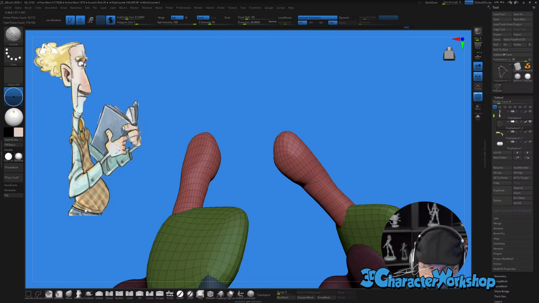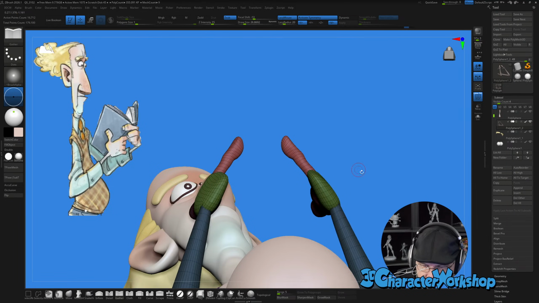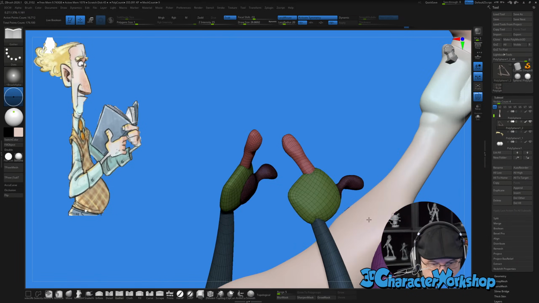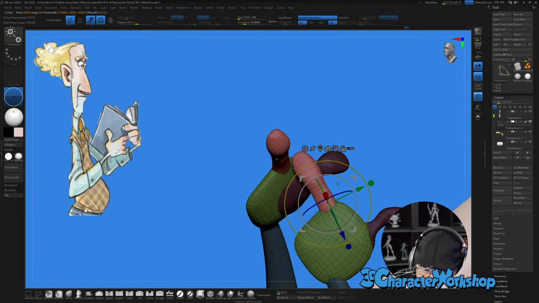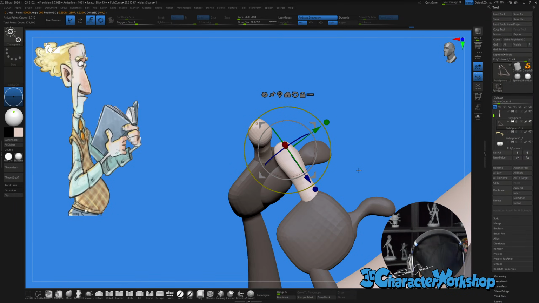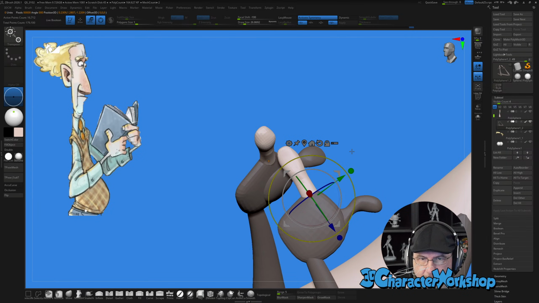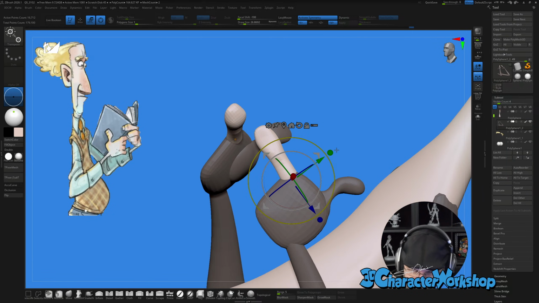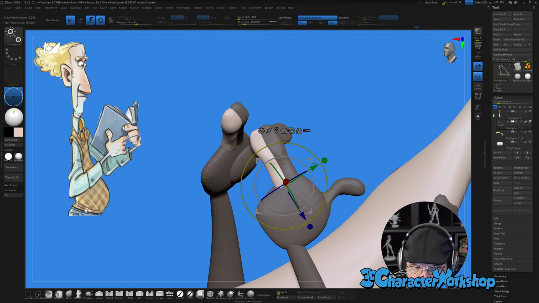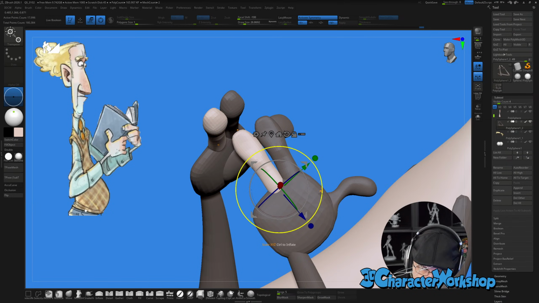Oh, I don't want to have Sculptris Pro on. Okay, so let's get these fingers all ready to go. All right, well, to each their own. Okay. Let's see.